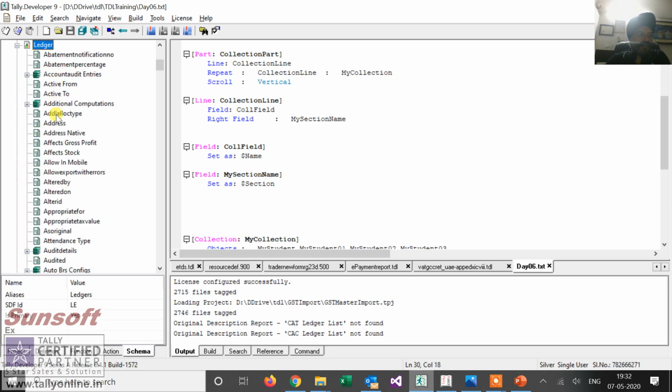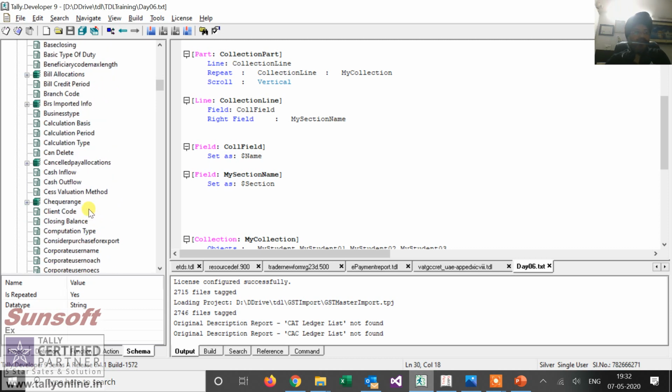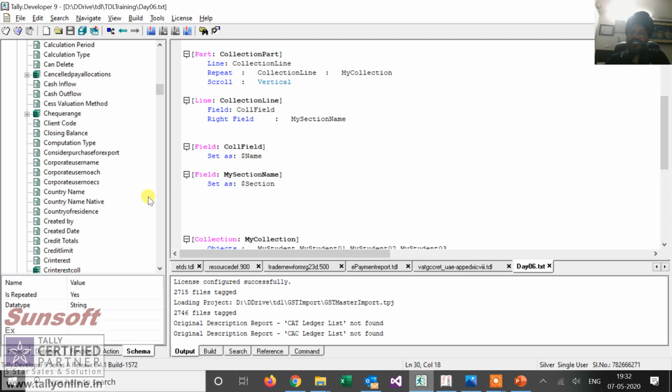So these are all the methods that are there in this collection. So a ledger object has these many methods: alter id, altered by, allow in mobile, affect stock, address. So you can check all of these from here. What are the methods that are there in the internal objects of Tally?